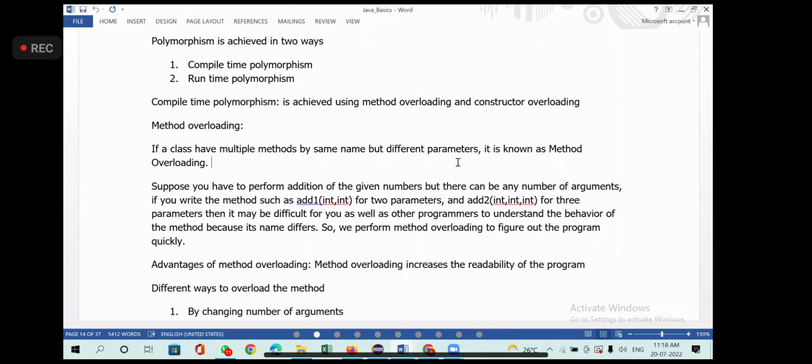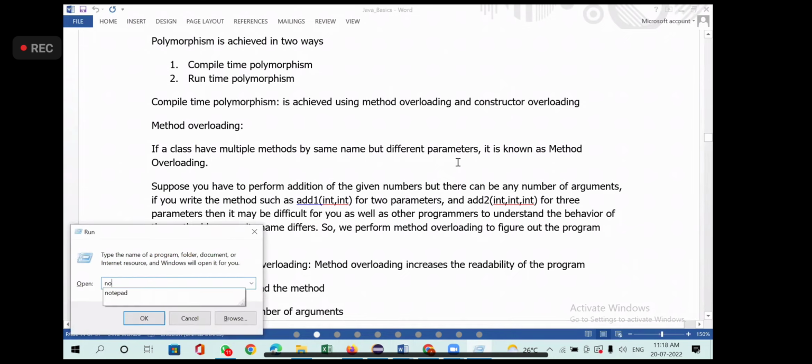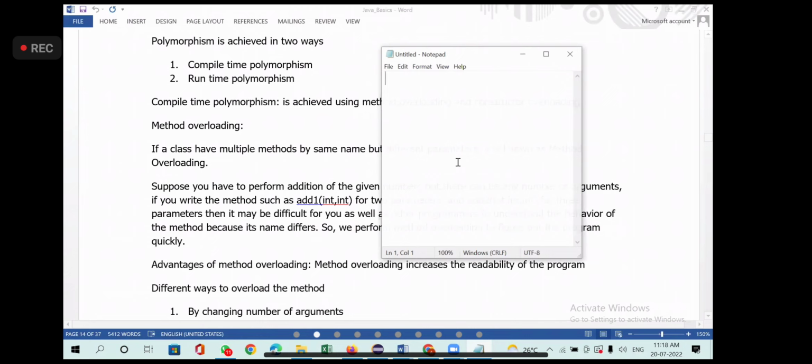One integer, one float, or one float, one integer. It's up to you, whatever you wanted to do. But now how many values was it adding? Two values. Now, if I give an example, if you go for C language, where you do not have the method overloading concept,